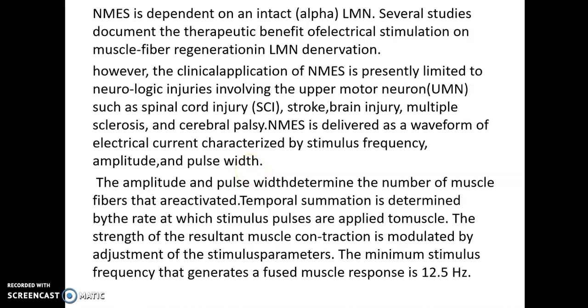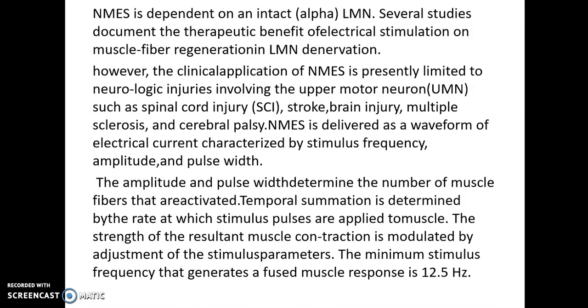Dear students, we are in the second part of FNMS. So NMES is dependent upon an intact alpha element. Already we understood that, but that is in the lower motor neuron denervation where the regeneration has to happen. So that happens mostly in neuropraxia, or if it is in axonotmesis or neurotmesis, then it is after the surgical